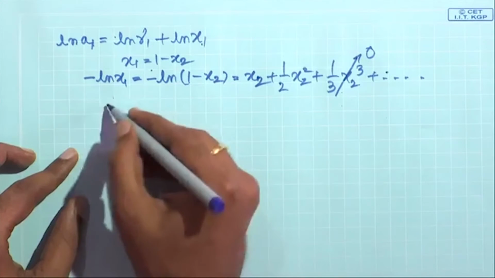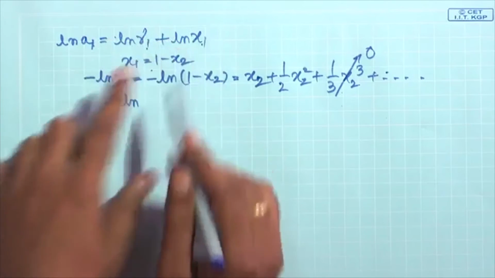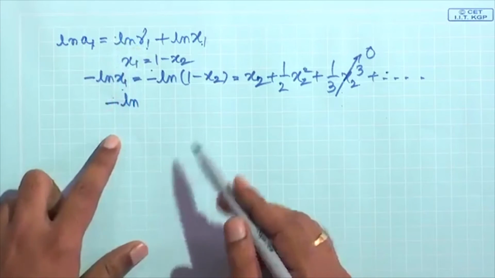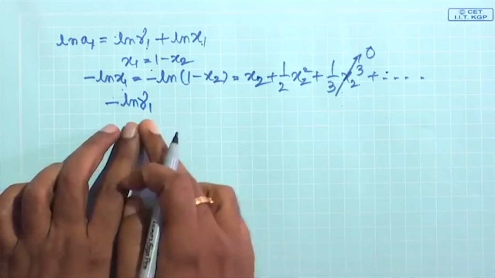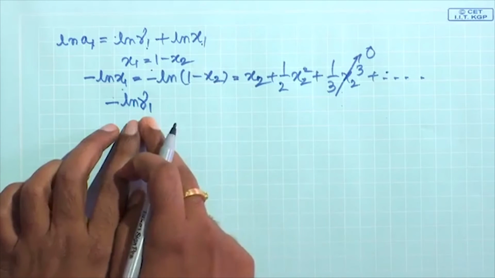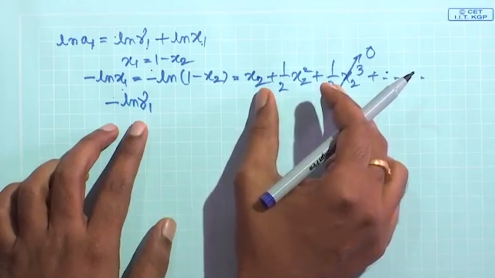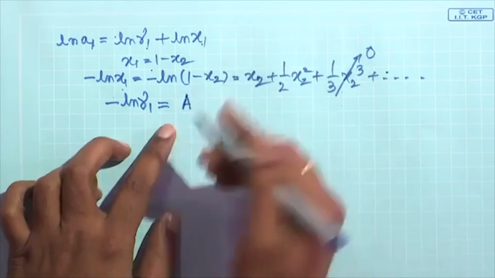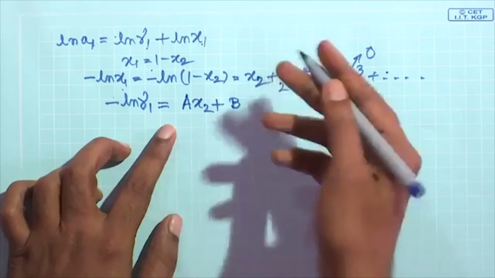And let us also assume, so this ln A1 in terms of gamma and x 1 we are trying to express. Now, ln x 1 is this. Let us say this ln gamma 1 that you are putting here, the relationship of ln gamma 1 with x 2, that means the activity coefficient of solvent 1 with the mole fraction of solute, also follows this kind of expression. Let us assume. So, that will be some kind of constant, we do not know the form of that constant. So, I am writing a x 2 plus b by 2, or actually 2 also is included.